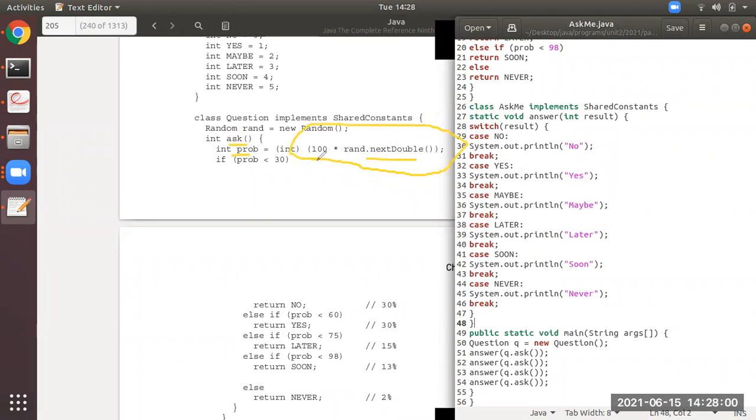This will return some double value which will be converted to int. Okay. So you see rand dot next double. Now what is rand? It is an object. It is an object to which class? Random class. So students, I hope you all are understanding.